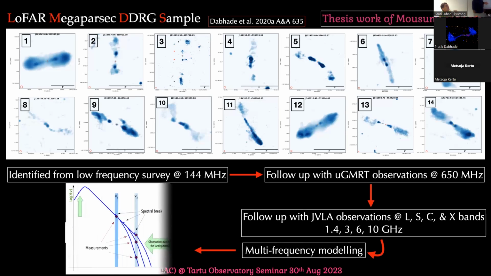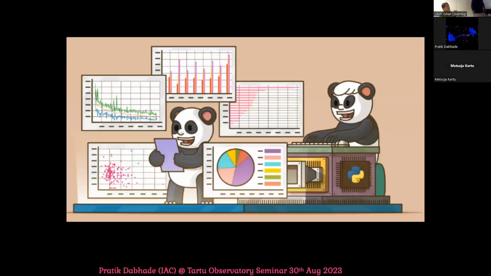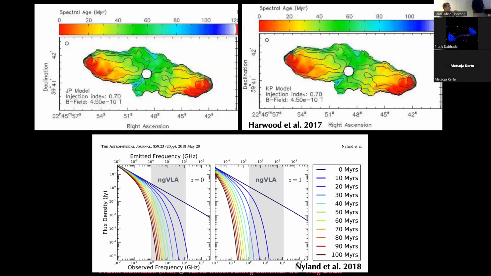And then we can do the spectral modeling. This is part of Moshmi's thesis. She'll be carrying out this work ahead. So currently we have data for most of it, and we have proposed for more data, and hopefully this will lead to path-breaking results. So that's the plan: we get data, analyze, put our heads to it, and obtain